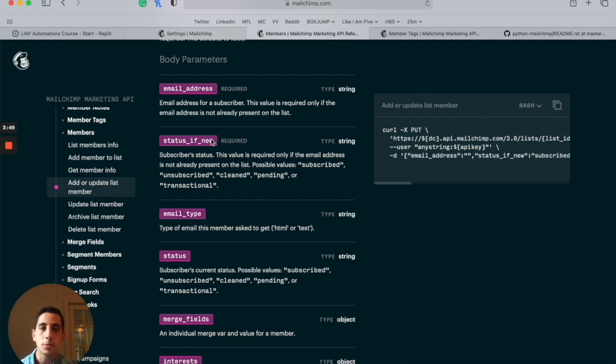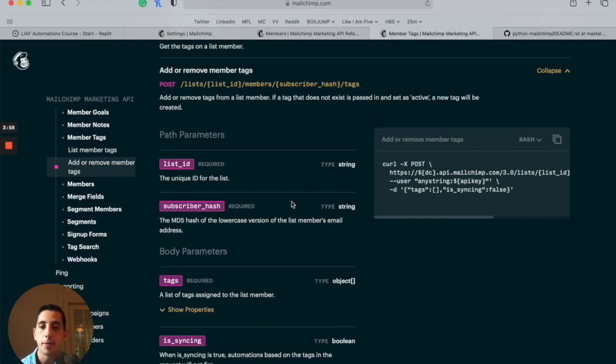So you can say they're subscribed to your Mailchimp account or unsubscribed. We'll default by just saying that they're subscribed, but I'll walk through exactly when we write the code what that looks like. Similarly, for adding new tags to a member,